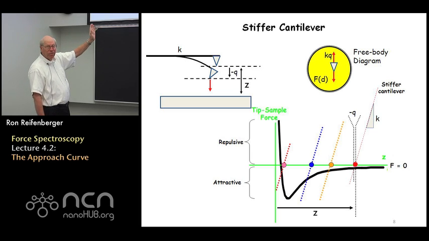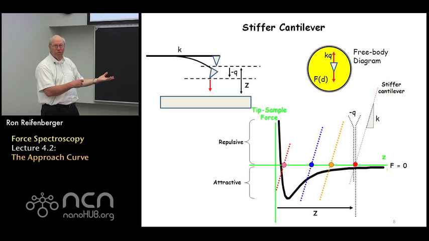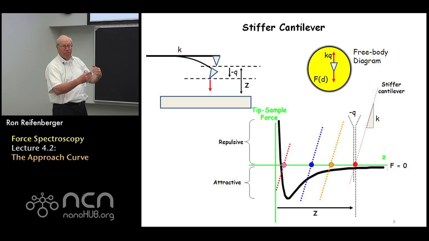Consequently, the displacement of the cantilever, which is indicated by the intersection of the red line with the black force versus distance curve, that deflection of the cantilever indicated by the parameter minus Q in this slide, is going to be much smaller than it was in the previous case because the cantilever is stiffer. You don't have to bend it through as much distance Q in order to achieve the same